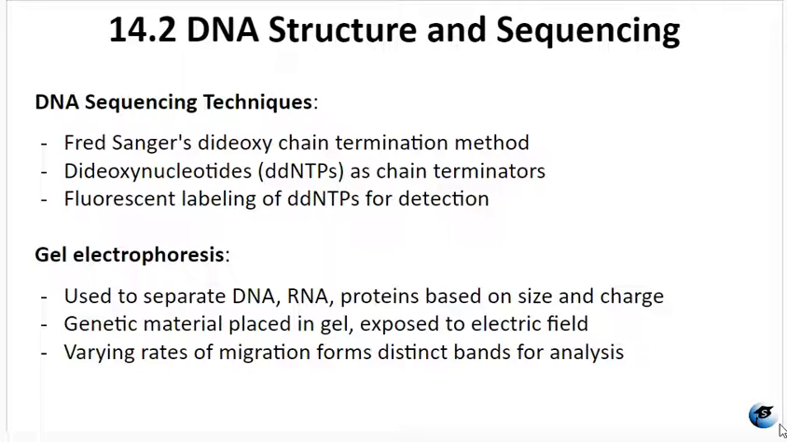You use the dideoxynucleotides that have a 3' OH group that's missing, and you use those as chain terminators. So by adding a specific ratio of the dideoxynucleotides to the regular nucleotides, you have different sized DNA fragments that are generated. The DNA sample is denatured, it's divided into separate tubes with primers and nucleotides, and ddNTPs are added